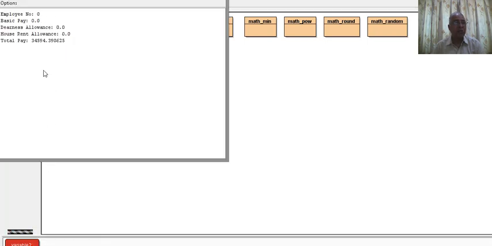Now you see here, when you display the salary, the employee number and basic pay have become 0, but the total pay has not become 0. This is because total pay is a static variable, a class variable, and a static variable has only one copy, whereas the employee number, basic pay, dearness allowance and house rent allowance have taken a new copy.